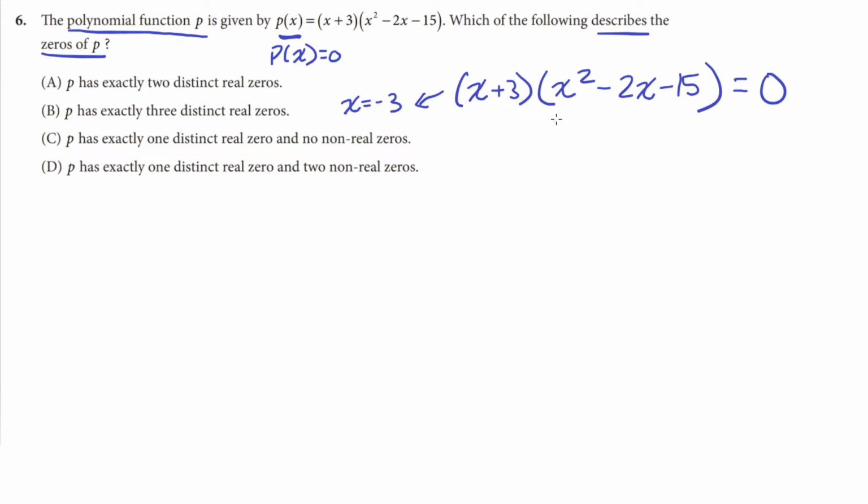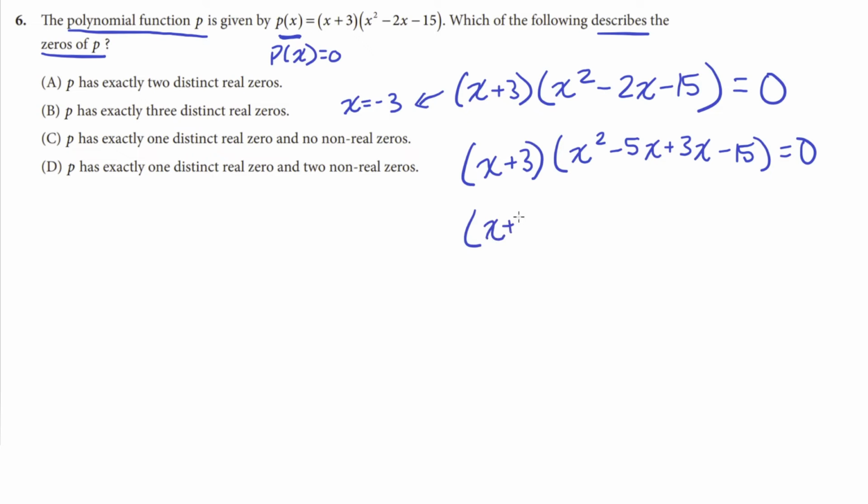Now let's see if this term here gives us any more zeros. So let's factor this term here. We can factor it by splitting the middle term into negative 5x plus 3x, and then we keep the rest of the terms the same. So negative 5x plus 3x just gives us back negative 2x. But now we can factor the x out of these first two terms and a constant 3 from these two terms. So we'll have x